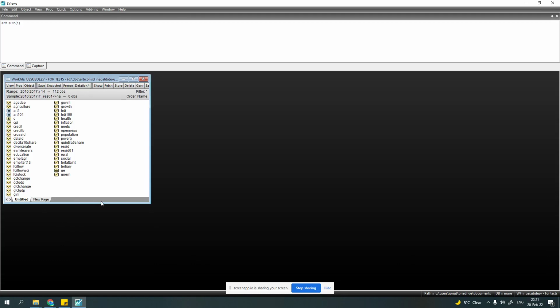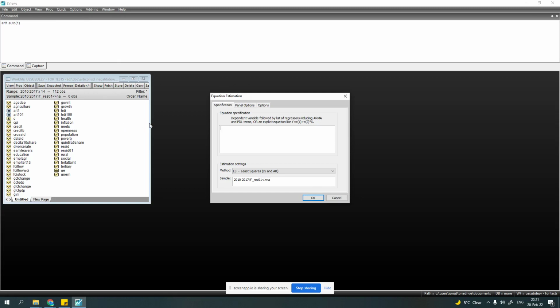In order to do this, we will estimate an equation using the panel least squares method, and we will check the compatibility with both models. So first, we are going to quick estimate equation, and we will write the equation specification we want to estimate. In this regard, we write the name of the dependent variable, and after that the independent variables including c, which